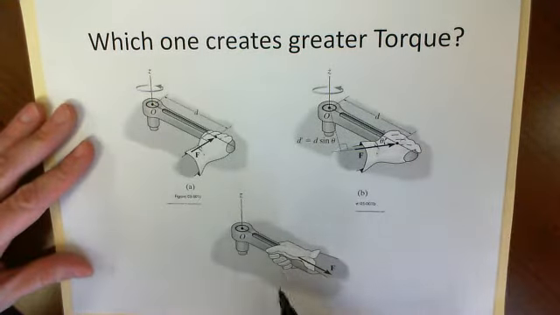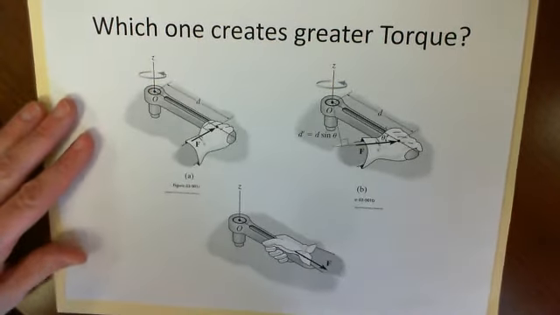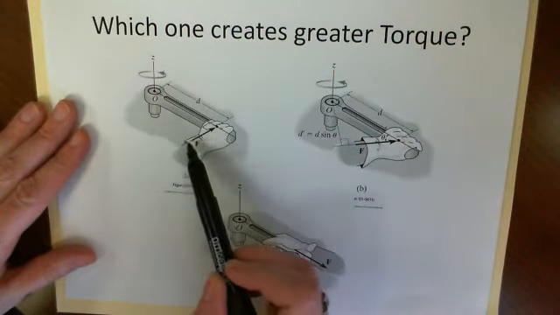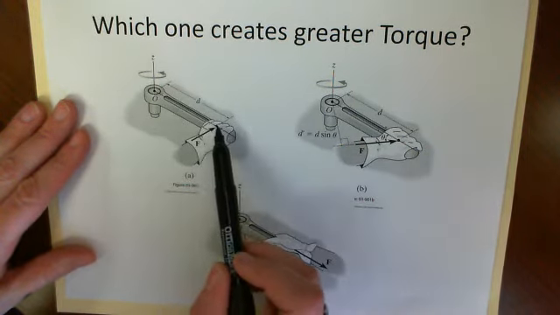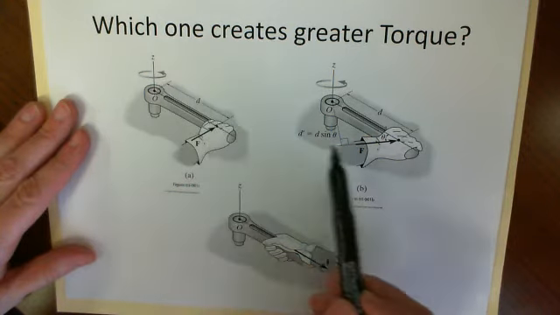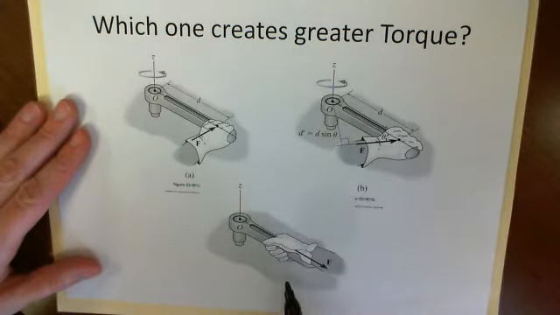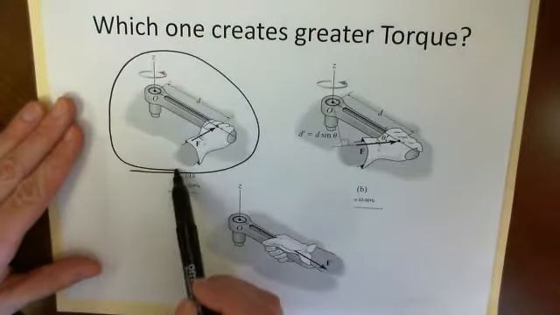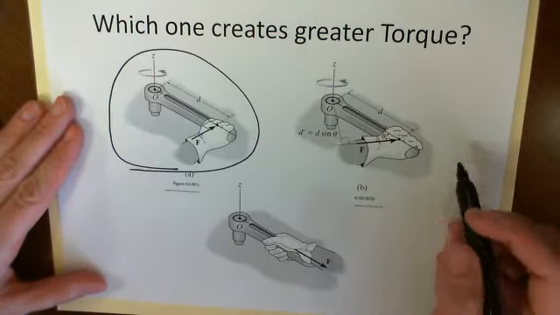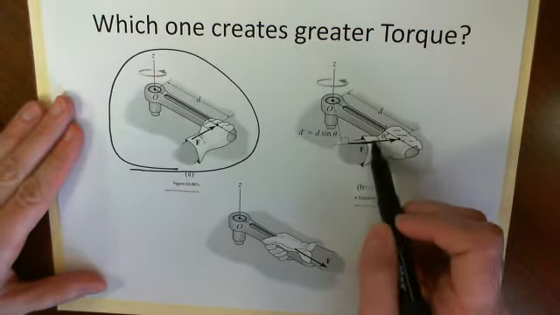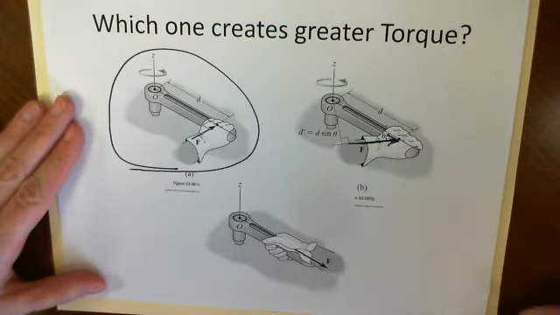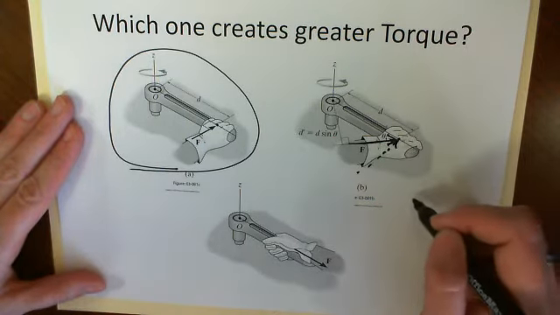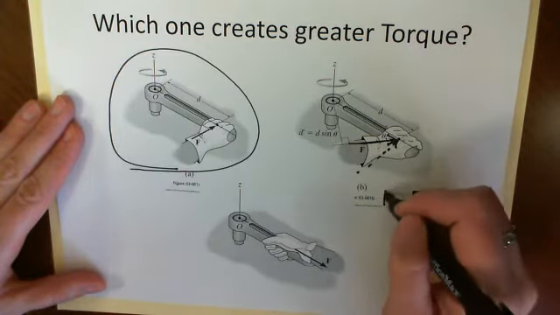Now, which one of these is going to cause a greater torque? Just thinking about it, if you were loosening a lug nut on a tire, will applying a force directly against it at this distance away create a larger torque, or will this one, or this one? The answer is this, and you can see this mathematically because, for example, if you are applying it at an angle, like is shown in this diagram, the only component that's actually perpendicular, which would be our force times distance for our moment calculation,